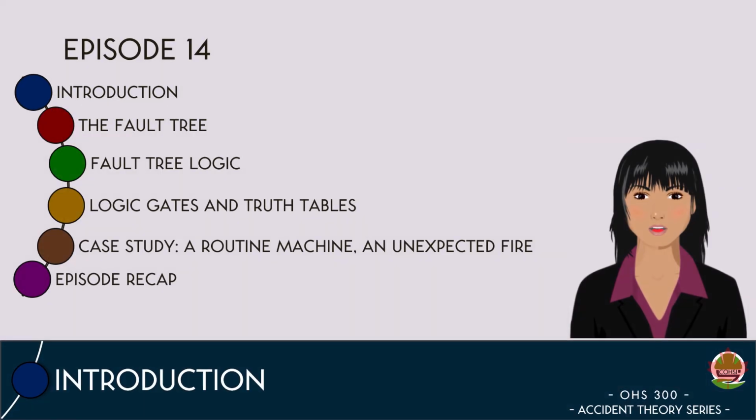Welcome to episode 14 in the Accident Theory series. Previously, we learned that tree-based accident analysis methods extend traditional domino models by moving beyond a single linear chain of events. These methods account for multiple interacting causes that develop over time, offering a more accurate representation of how incidents occur within complex systems. By accommodating parallel and converging causal pathways, tree-based approaches reduce oversimplification and support more thorough identification